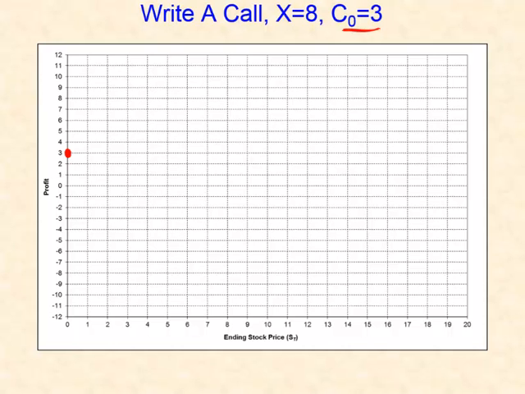At any stock price less than $8, which is the exercise price, the call will expire out of the money. And if it expires out of the money, the option never gets exercised. Instead, we as the call writer simply pocket the $3 premium and that becomes our profit. If the stock price rises above $8, now we'll start to lose. We're going to have to deliver a stock that's worth more than $8 and only receive $8 from the owner